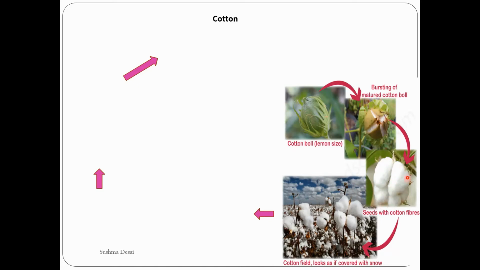When it comes out like this, all the moisture will be evaporated due to the air as well as the sun. It gets exposed to the sun. So after it gets exposed, the whole field looks like a land covered with snow because of its white nature, right? What happens after this?